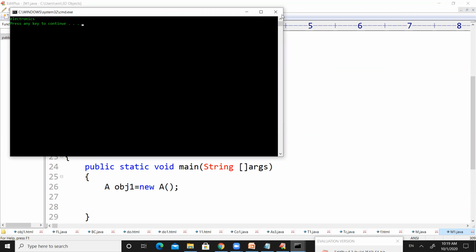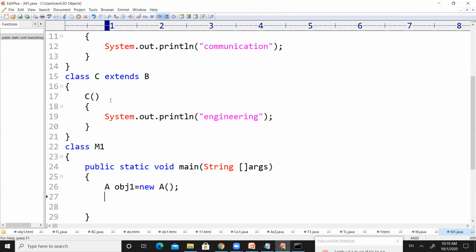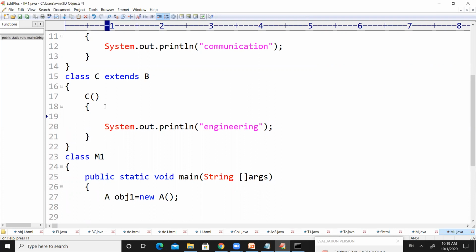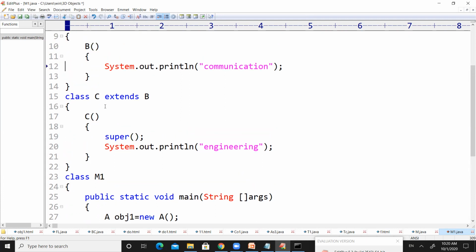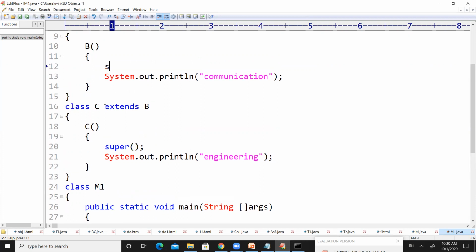So now let us start using the super keyword here. In the last class also I said that if you want to use the super keyword, please use it as the first statement inside the constructor.